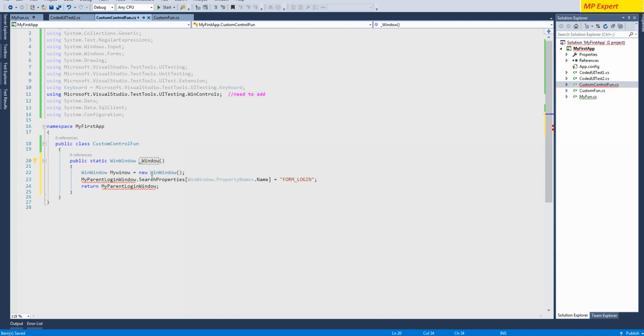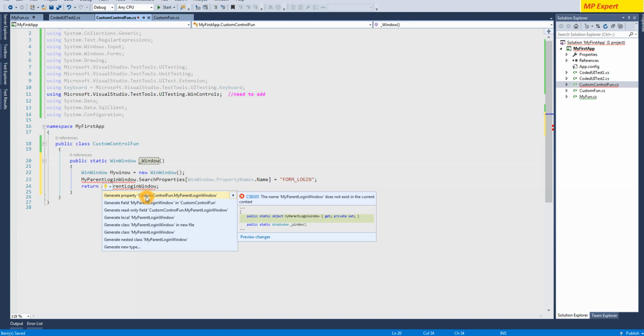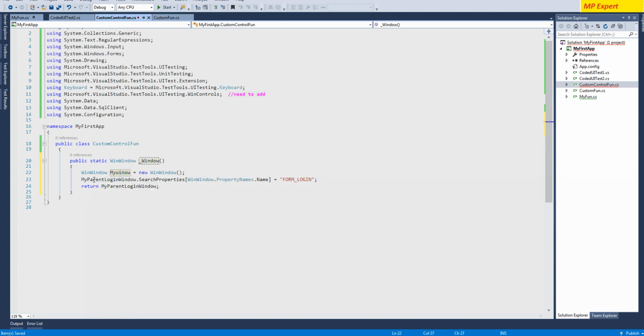Here it will change automatically. Let's change it. My window. So we're gonna copy it here,